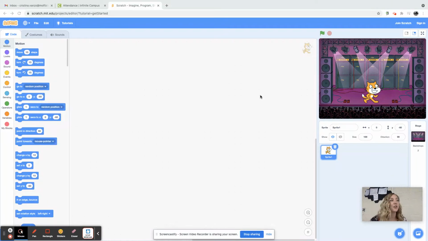Okay, so this is how you create a title page with a start button for your game. The purpose of the title page is so that you can put the title of your game, instructions for how to play, and then they click a start button to get started on it. So you have to go over here to backdrops, and you can either